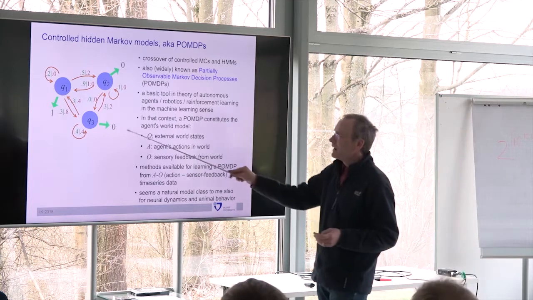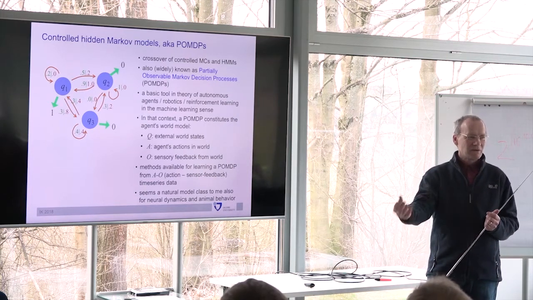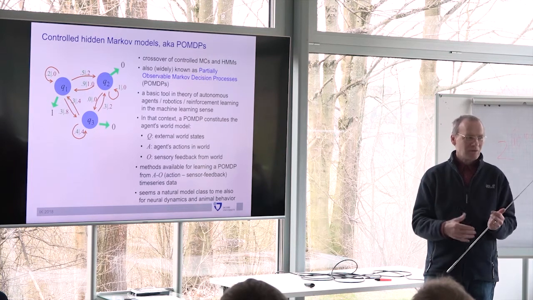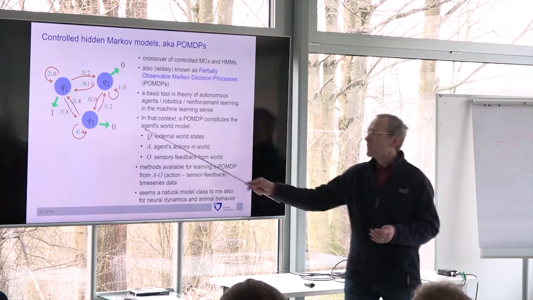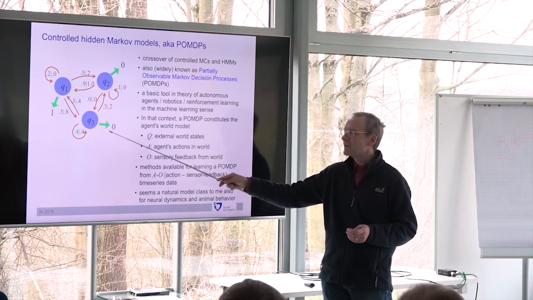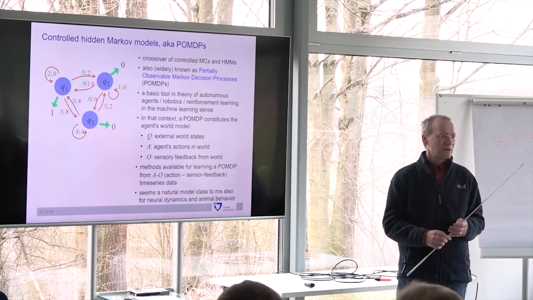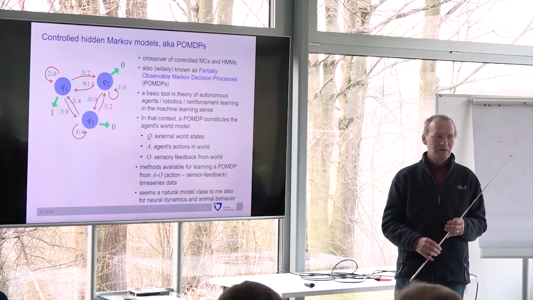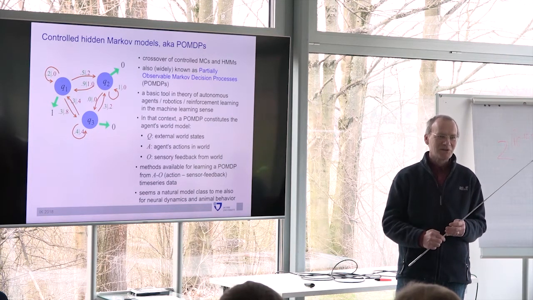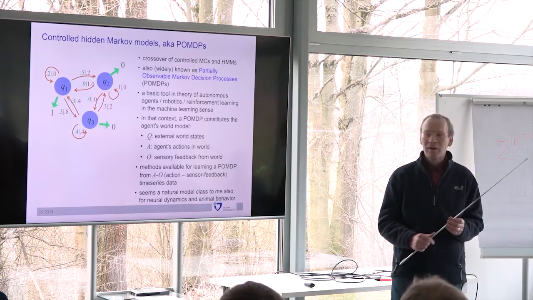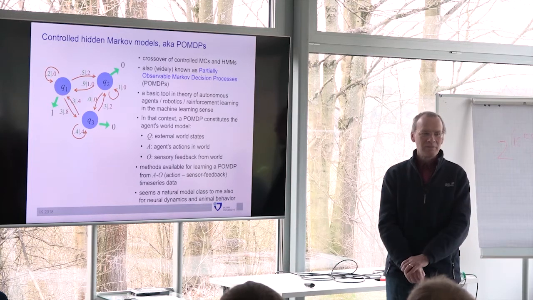And the emissions here are sensor feedback from the world. So if the world is in a certain state, then the robot can see something of it. So it gets partial information feedback by way of sensory feedback. So this is in a sense a model of how the world reacts to the input from the robot. And the whole thing is very stochastic because, well, robotics is a very stochastic domain. So therefore, these kinds of models are very popular in